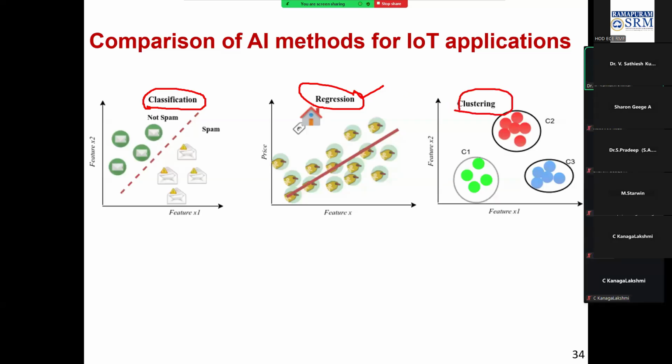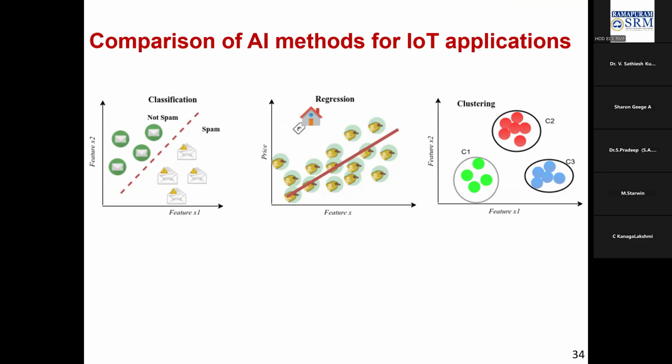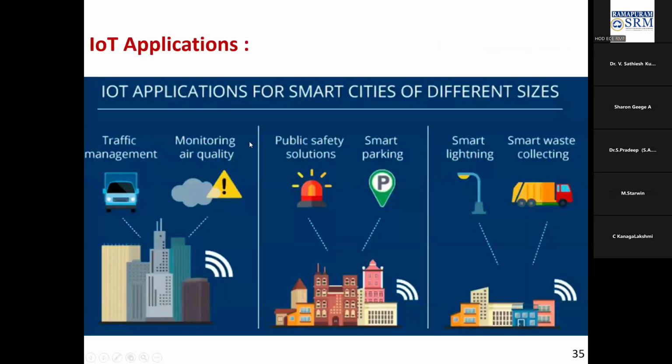So such algorithms can be applied to the data. Clustering of data is possible too. When I have similar data, I can cluster it together and form it as a separate category. So these are some of the methods which we can apply onto your IoT applications: classification, regression, and clustering. Now let us talk about a few IoT applications. With that, we will wind up the session. So in IoT applications,